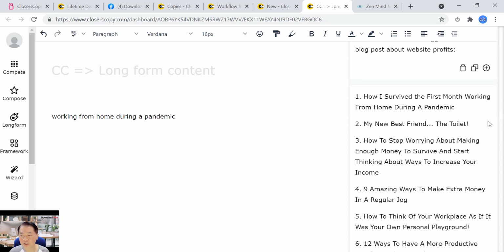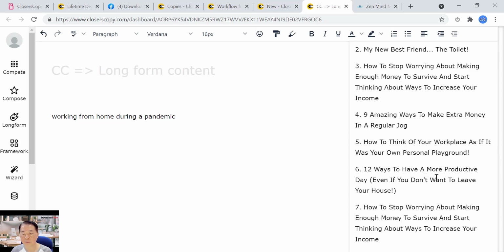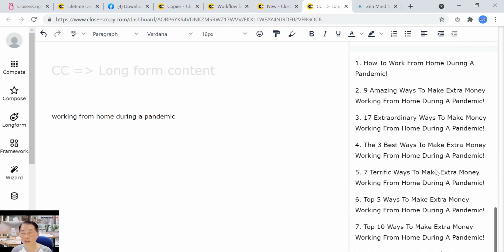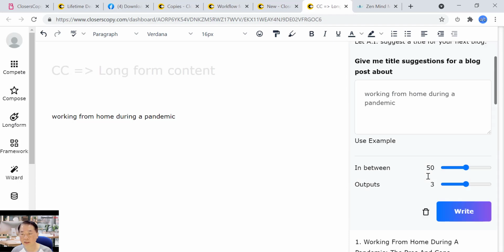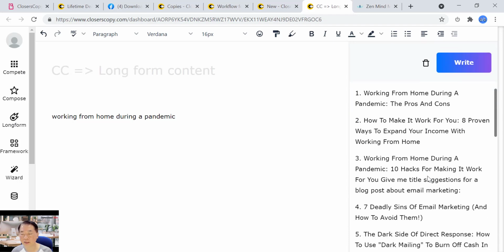Okay, let's see what we have. Oh, this is hilarious. My new best friend, the toilet. So definitely not a good title suggestion. Okay, how to stop worrying about making money and to survive and start thinking about ways to increase your income. So this is like making more productive by making extra income. Okay, so let's say this one. Oh, this is also making extra money during a pandemic. Okay, there are some of the titles which I think could be good. Maybe the first two are quite related to our